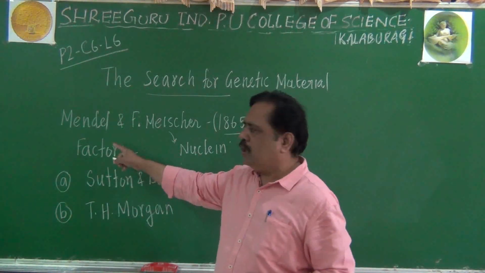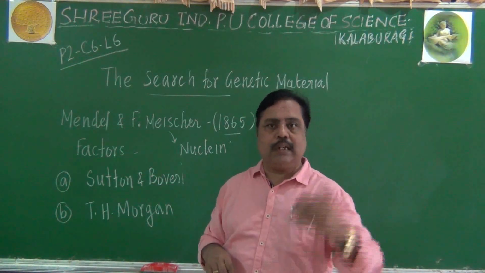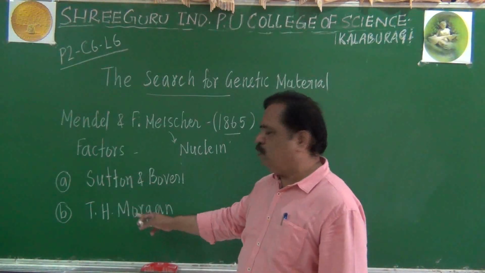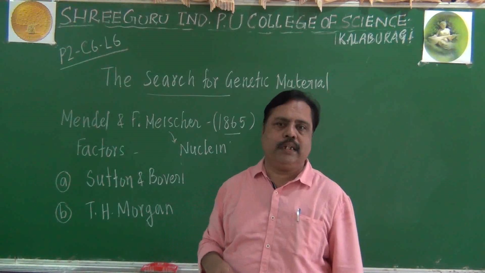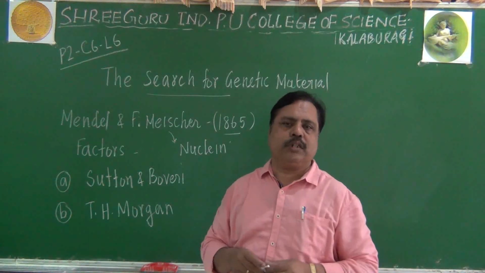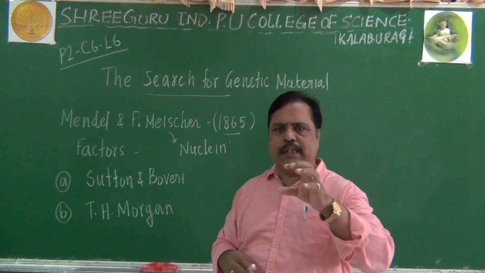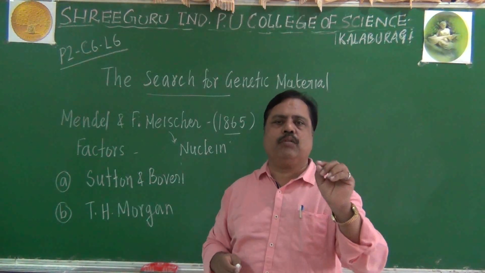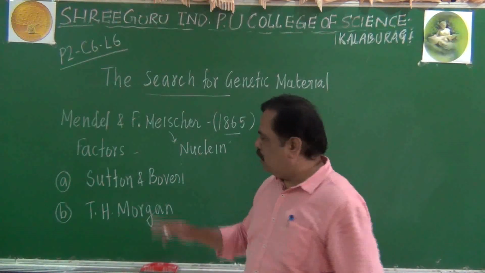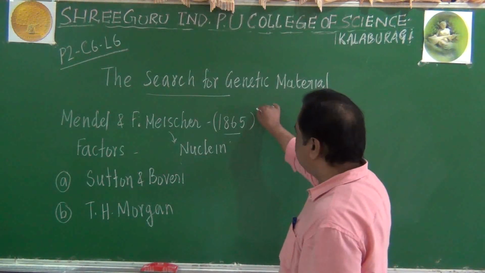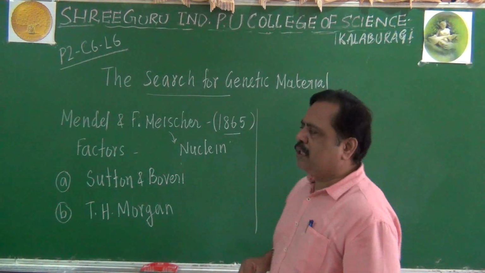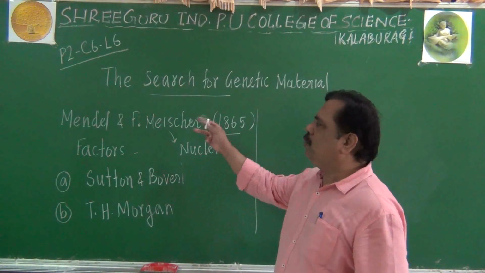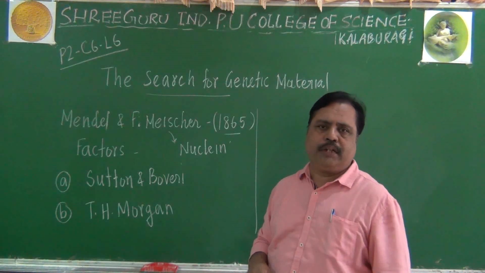Mendel studied autosomal factors at that time. But Morgan, around 1900, studied sex-linked inheritance. Based on that, he gave some idea. So scientists came to a conclusion that chromosomes have the genetic material. But still, what the chromosome is and what it is made up of, how it can behave like a genetic material, that could not be proved scientifically.